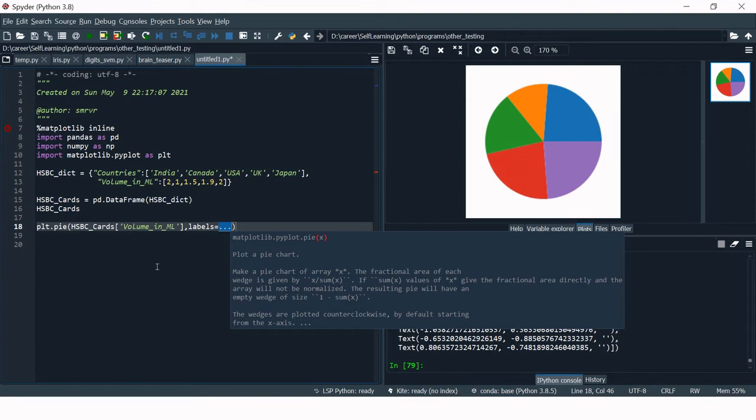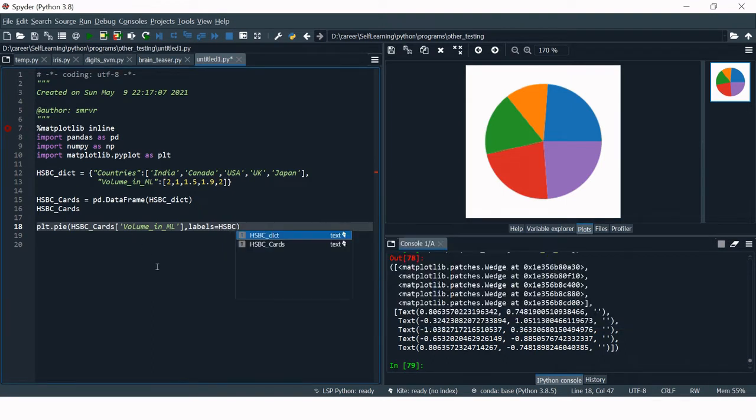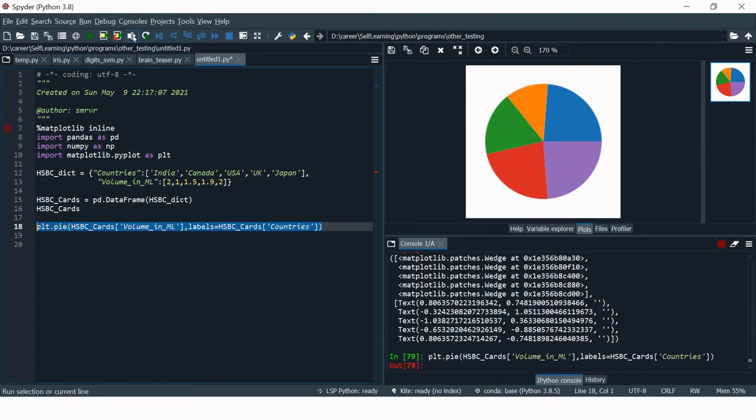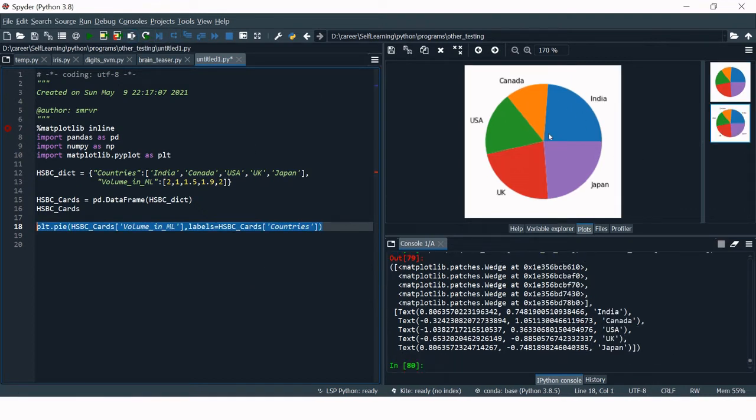Again same, first my data frame, and then I'll provide the variable which contains the value of labels, that is countries. Just a spelling error. Now I can select this and click the run button. There you go. You can see the labels have been added.